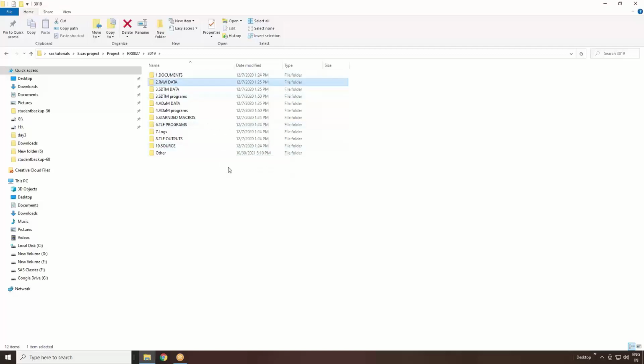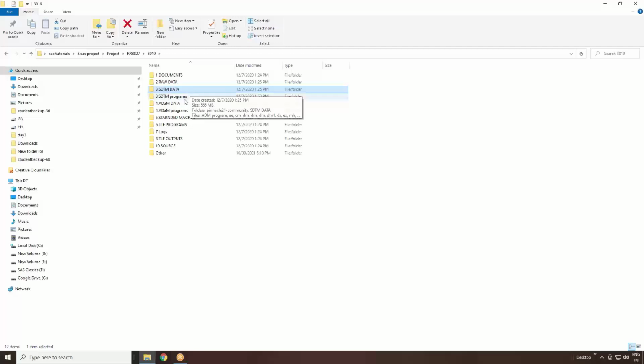The second folder is raw data, the data which is directly collected from your Medidata Rave, or maybe Oracle Clinical. That data comes here. That is your raw data, which we also call source data. Once we take that source data and use your SDTM programs, we finally make SDTM datasets. We will store all the SDTM datasets in an SDTM data folder.